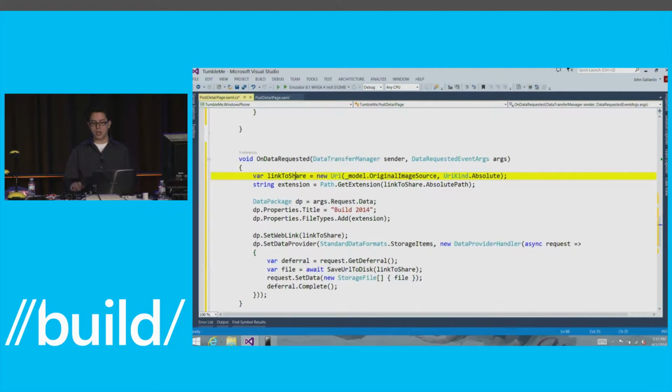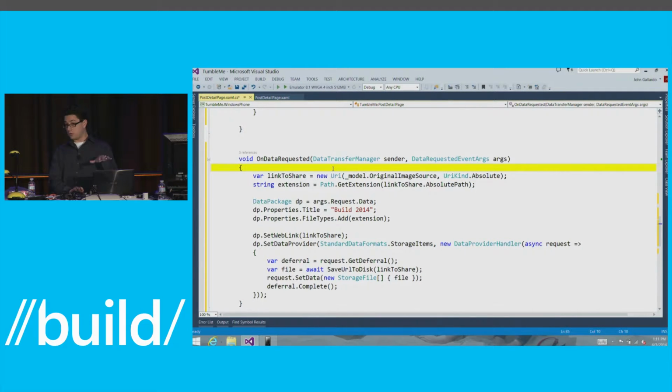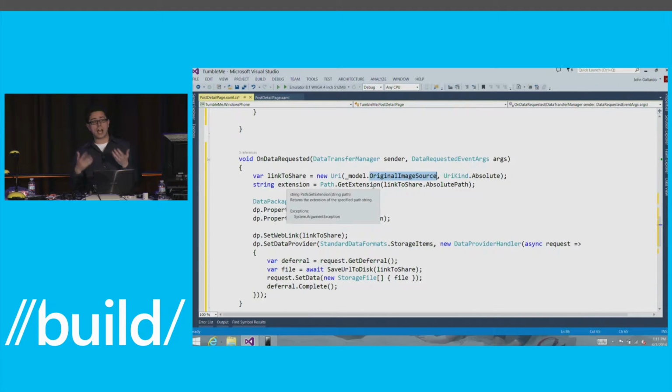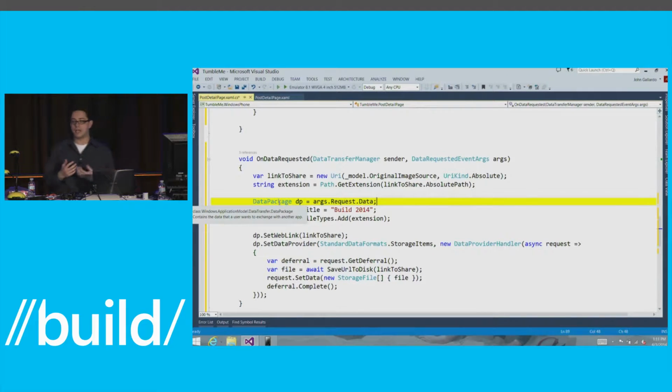So this is kind of the meat of being able to share data. I'm just going to walk through real quickly everything that we're doing here. I'm getting the link of the image on the Tumblr blog. This is the link to the actual image on Tumblr. I'm going to grab its extension so I can tell the platform what types of files I'm going to be sharing. That ensures that we match the correct targets with the data that you're going to be actually sharing from your application. And then I'm getting an instance of this data package object. The data package is the unit of currency which we use between sharing from one application to another. This object allows me to put data into it, which is then taken out of my application and provided to